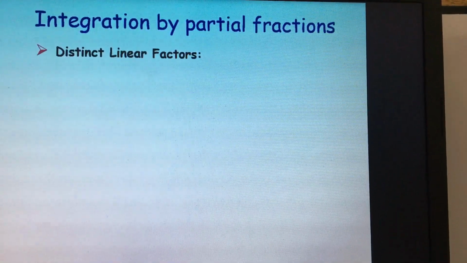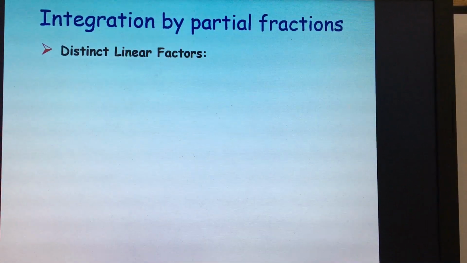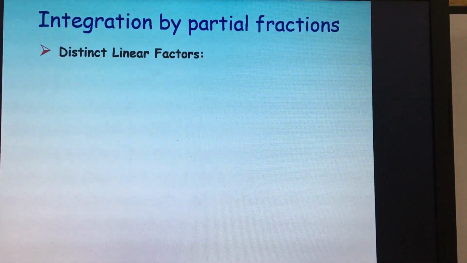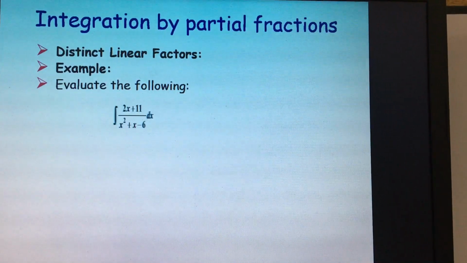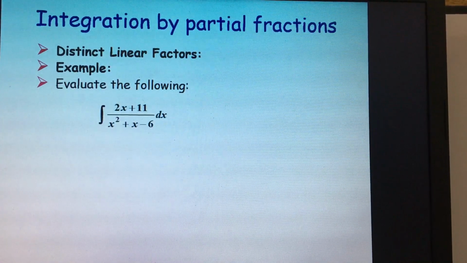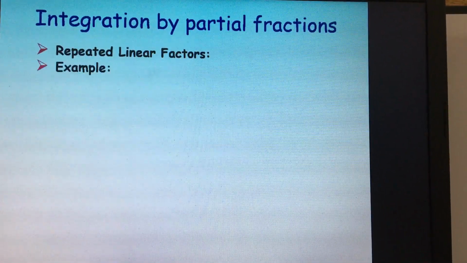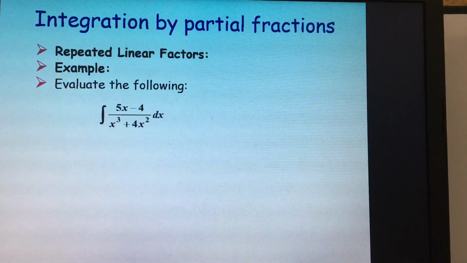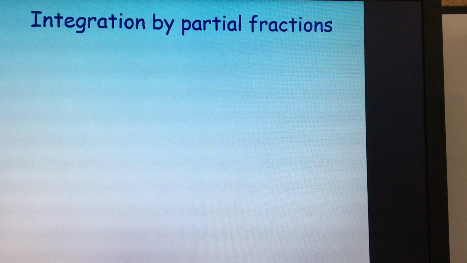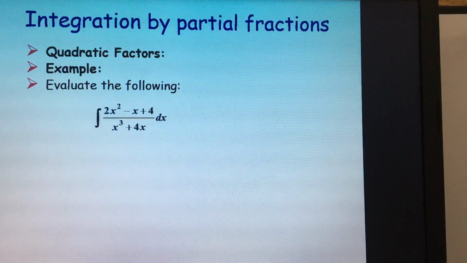So we have here three different scenarios, class, where we can have distinct linear factors, for example something like this, or we can have repeated linear factors. We have here an example something like this, or we have quadratic factors, something like